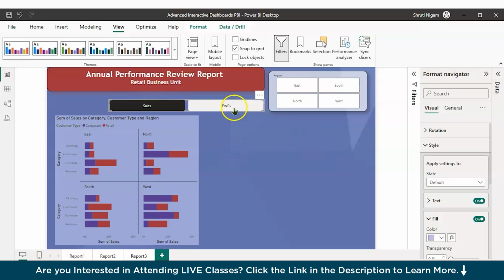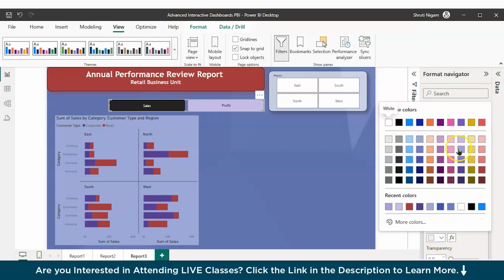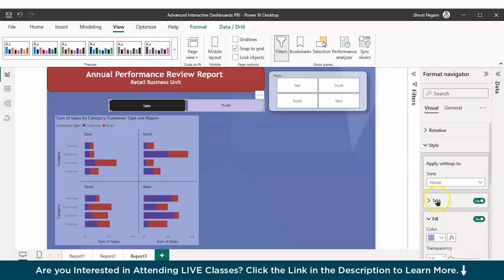Now, when we hover over it, it turns white. We go to the hover here and we'll ask it to make it one shade darker. And in the text, we'll ask it to increase the font by 1. Now see, it looks like we are hovering over it here, a small change. After hover,